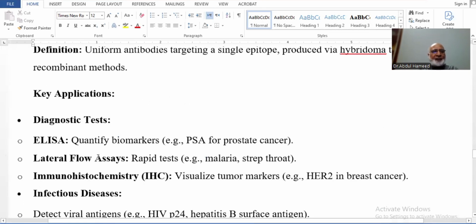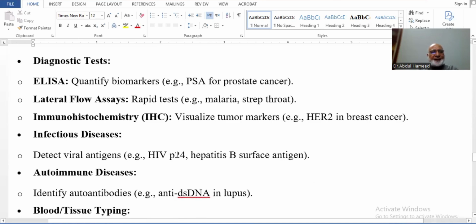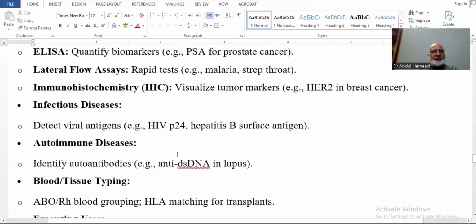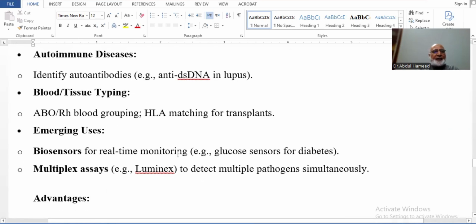So key application: diagnostic tests, ELISA, to perform quantification using biomarkers, and it can give us the idea about the presence of certain diseases as well. Lateral flow assays, rapid tests, for example malaria tests or some other tests. Histocompatibility, visualizing tumor markers, infectious diseases, detecting viral antigens, autoimmune diseases, and then blood testing or tissue typing, ABO or Rh blood grouping, HLA matching for transplants. And then the emerging uses of this method are biosensors for real-time monitoring, glucose sensors for diabetes, multiplex assays to detect multiple